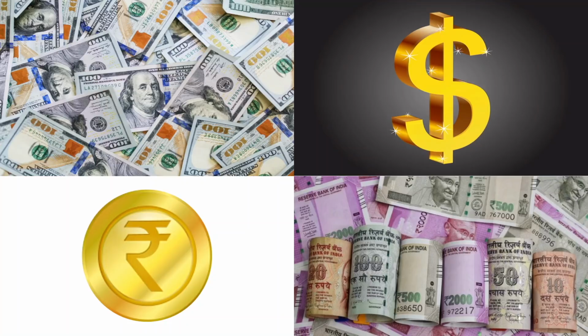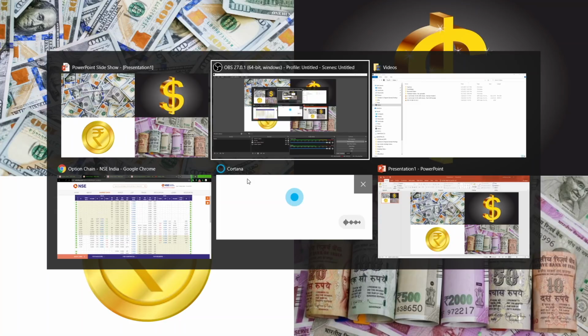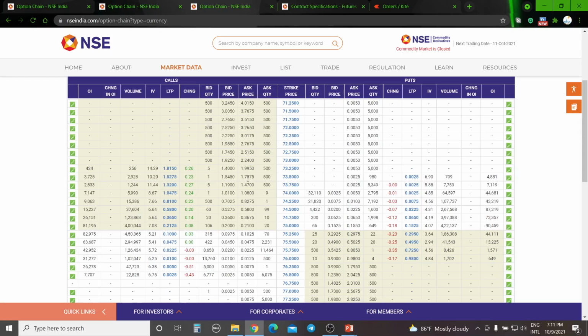I don't want to go through the slides or anything. I have not done any slides for this, so the live session I am trying for the first time. It's a strategy session. I am trying for the first time to do it directly on the websites, not through the PowerPoint slides. Okay, so let's start with the currency segment. We will see what is there.